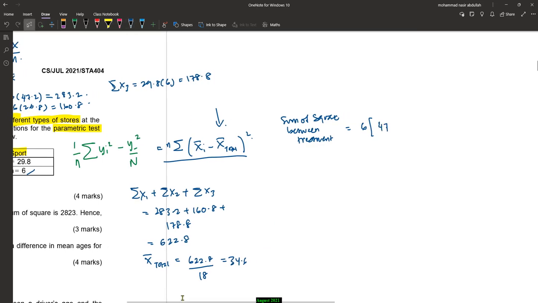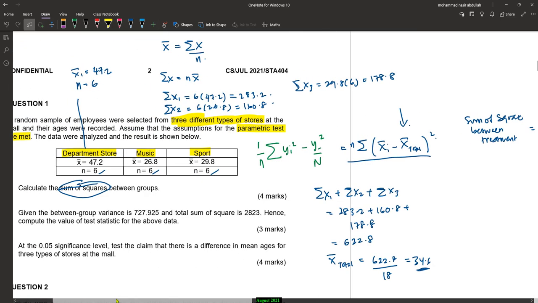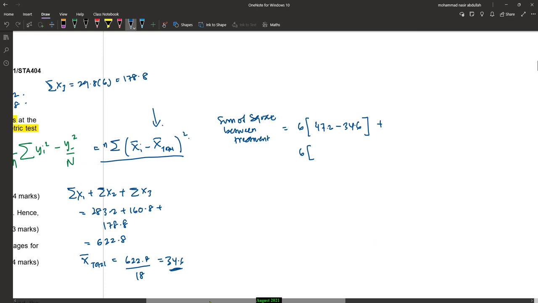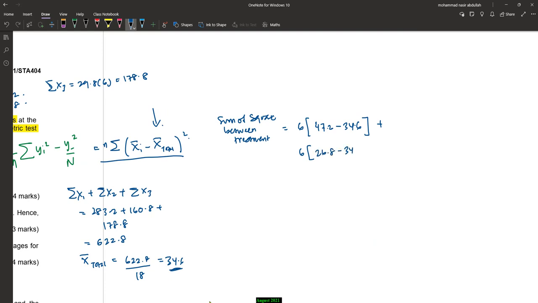So 47.2 minus the mean total, which is 34.6. So this is the first one. The second one is 6, for music, the mean for music is 26.8, 26.8 minus 34.6 plus,